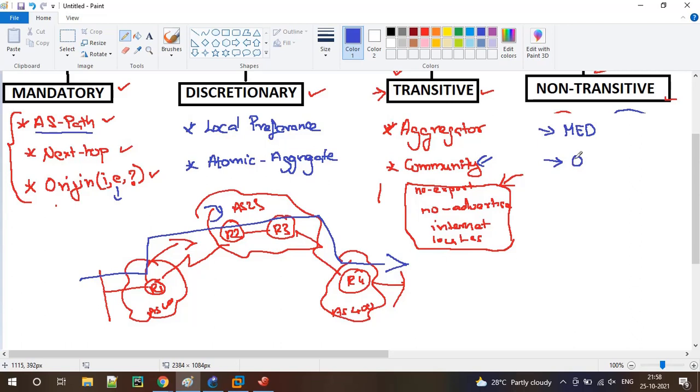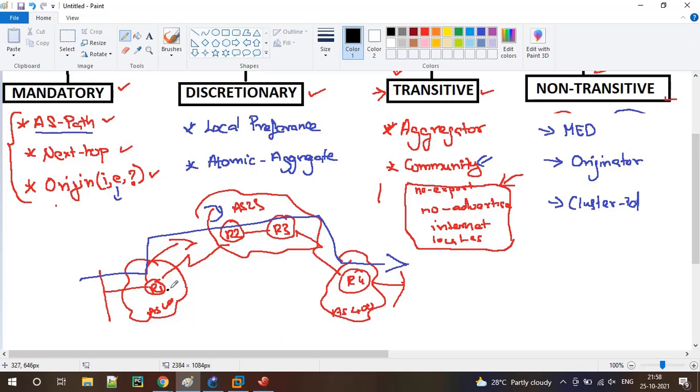Then we have originator ID, and we have cluster ID. Let me use a different color to explain this. Let me take black.